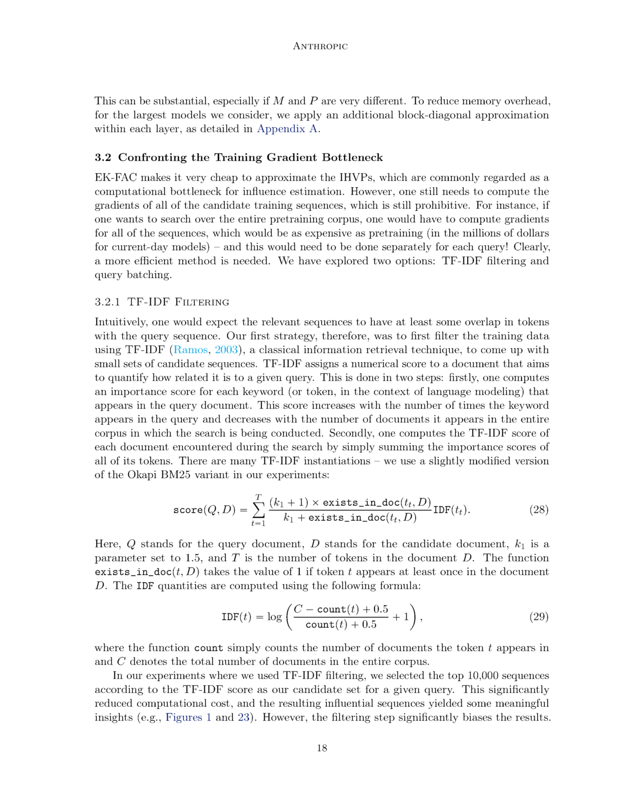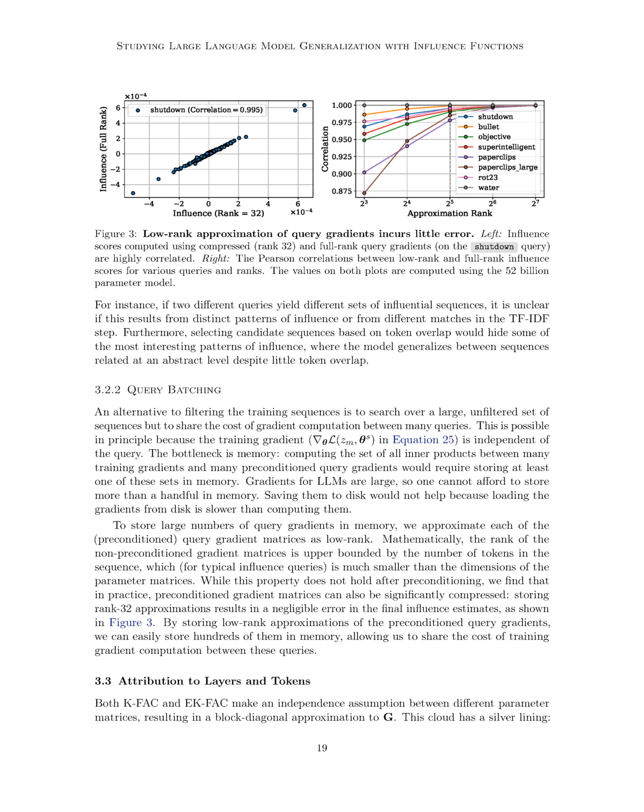Section 3.2.2 Query batching. We're exploring an alternative way to make training more efficient, without filtering the training sequences. Instead of focusing on individual queries, we try to share the work of computing gradients among many queries. This should work because the training gradient is not affected by the specific query we're looking at. However, there's a problem with memory. Calculating and keeping track of all the interactions between different gradients needs a lot of space.